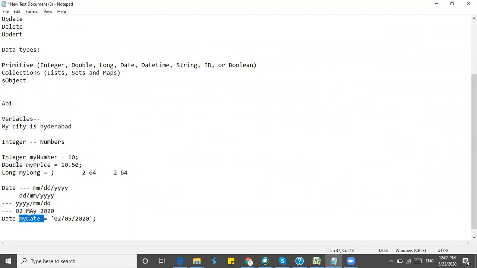If you want to use this value somewhere in your coding, you'll create a variable of date type and assign that value to it. So my date will store this date, and you can use it everywhere in the coding and process it. These are all the date formats it will accept.